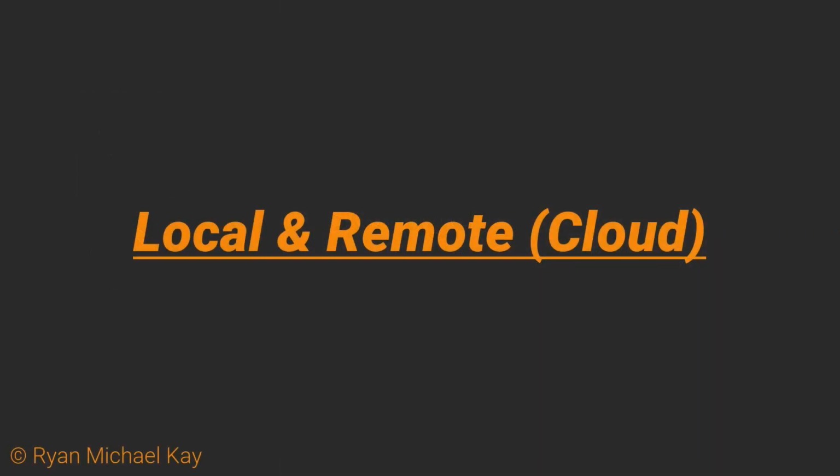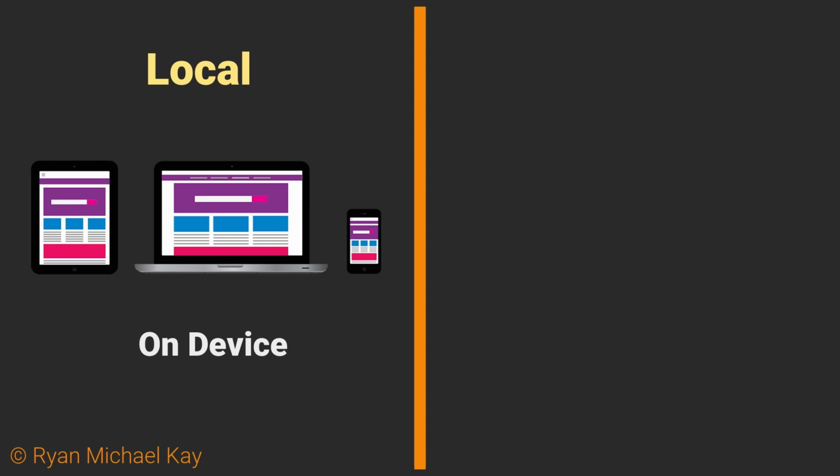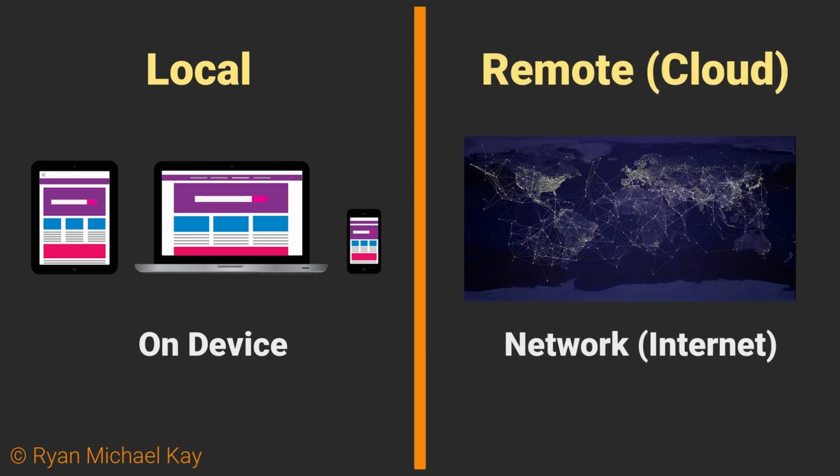Two words you will hear in discussions on persistence are local and remote, or instead of remote you might hear the word cloud. Local storage simply means that you are storing data for the application on the device which executes the application, the user end device. Both remote and cloud simply mean that the data is stored on some other device. There is no cloud, in case you are wondering.